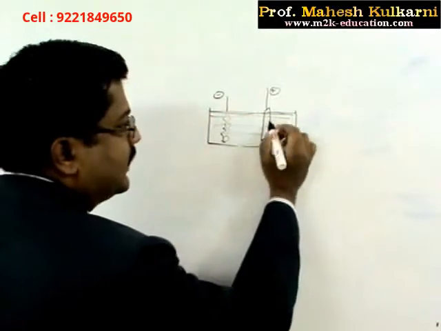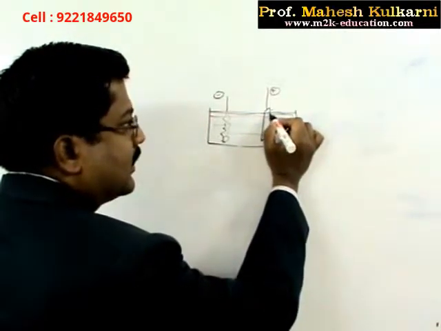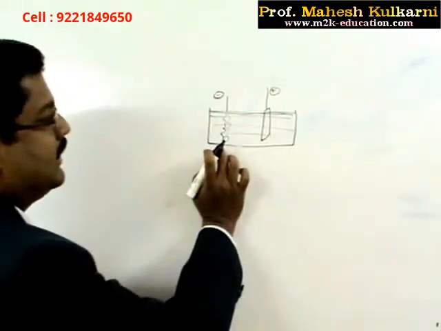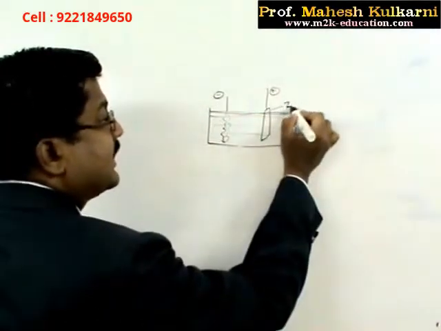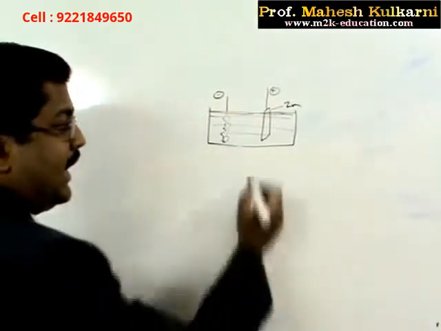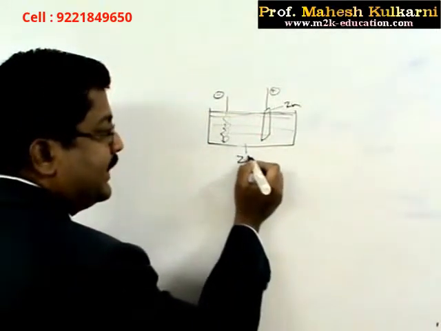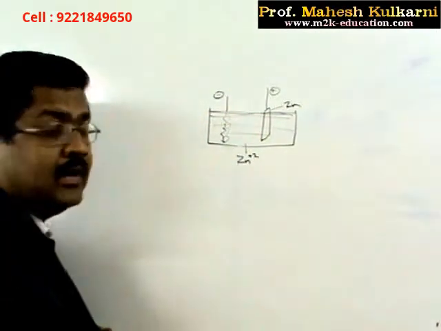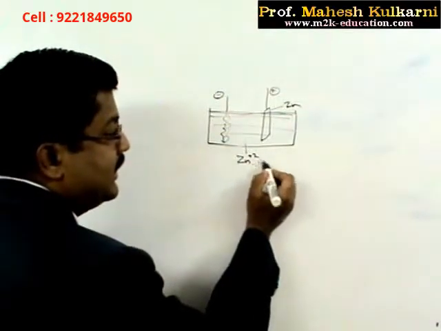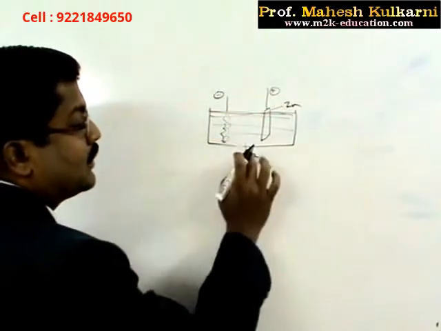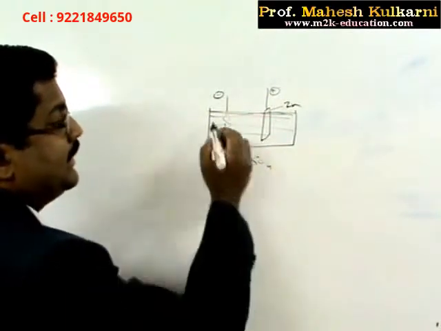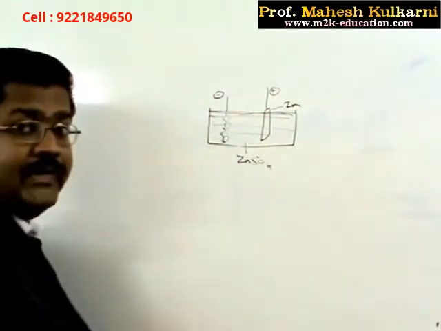Suppose I have to plate copper over here or zinc over here. Suppose this ornament is plated with zinc. So I have to use the anode as zinc. I have to use a solution which will contain Zn+2 ions. So usually we can use ZnSO4. So I can use ZnSO4 here, so that it will contain Zn+2 ions, and we are carrying out electrolysis.